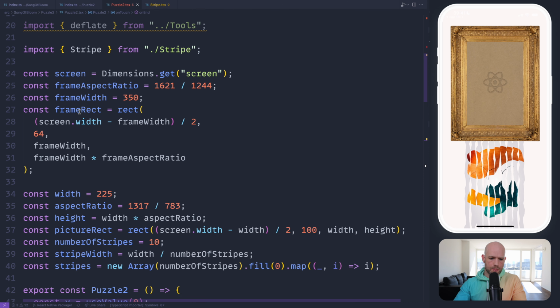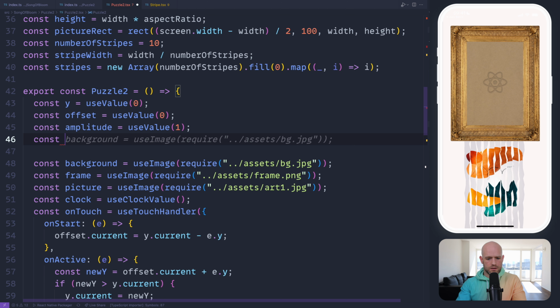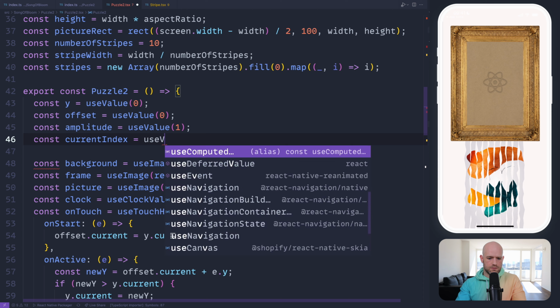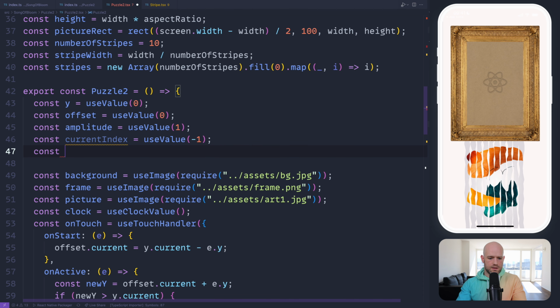So let's create these animation values. So current index, and we're going to take -1, and previous index, we're going to use -1.